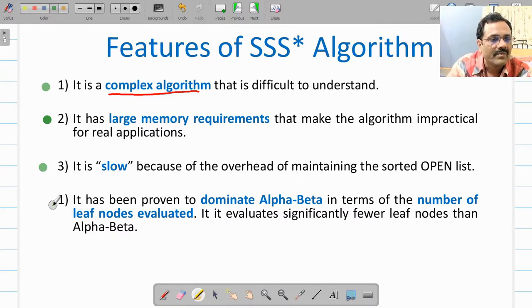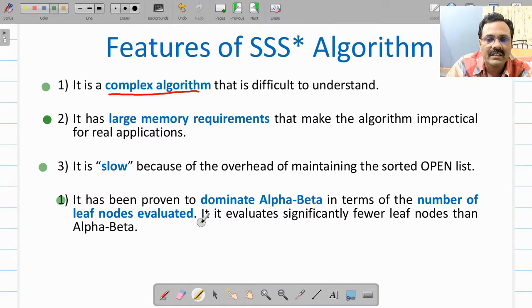So computationally the algorithm is slow. Fourth, it has been proven to dominate alpha beta in terms of the number of leaf nodes evaluated. As we have seen, it evaluates fewer leaf nodes as compared to the alpha beta cutoff algorithm. So this is the better feature of this algorithm.